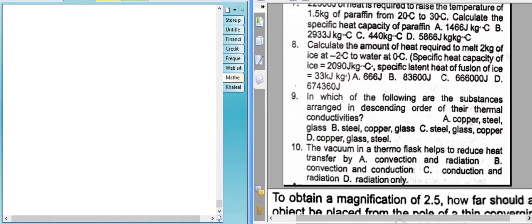So question 9 says, which of the following substances is arranged in descending order of their thermal conductivity? A. Copper, steel, glass. B. Steel, copper, glass. C. Steel, glass, copper. D. Copper, glass, steel. Before I give the answer to this question, we need to know that the conductivity